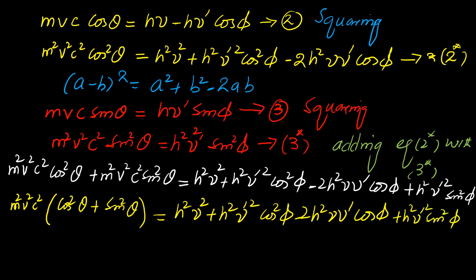You know that cos square of theta plus sine square of theta is equal to 1. Then the equation above becomes